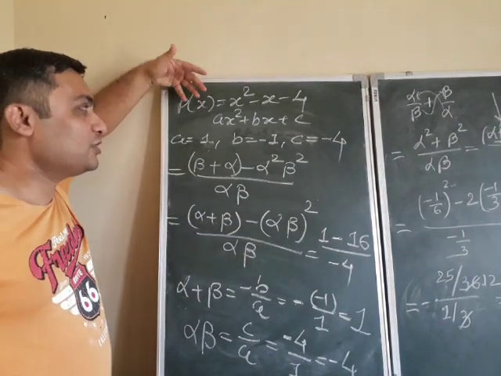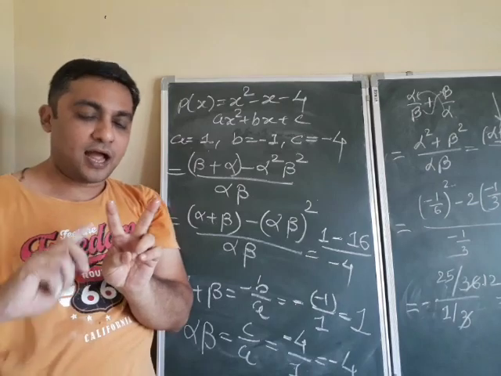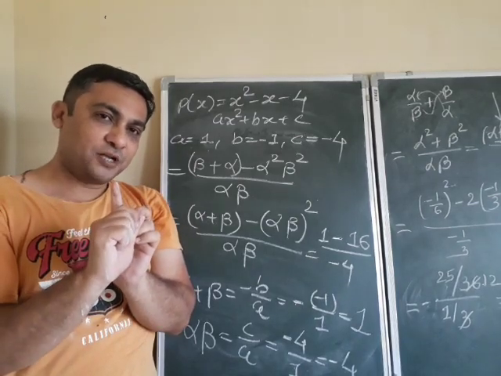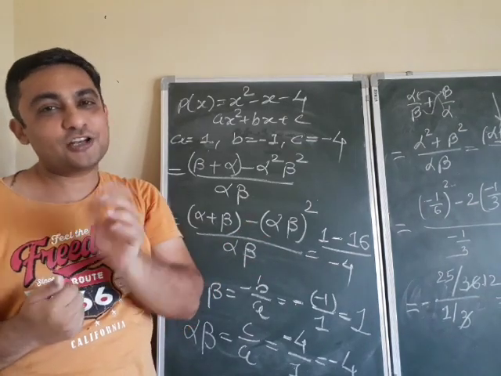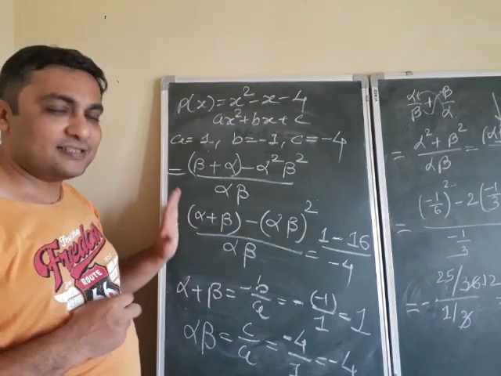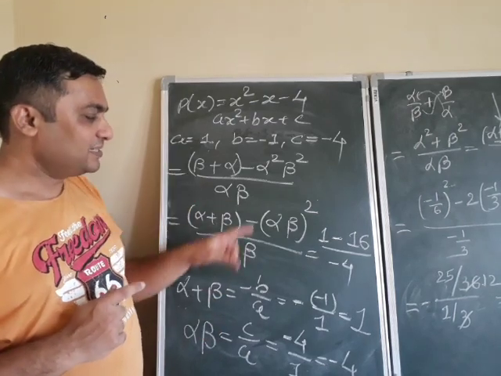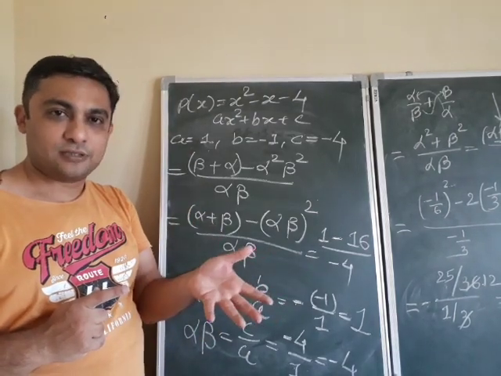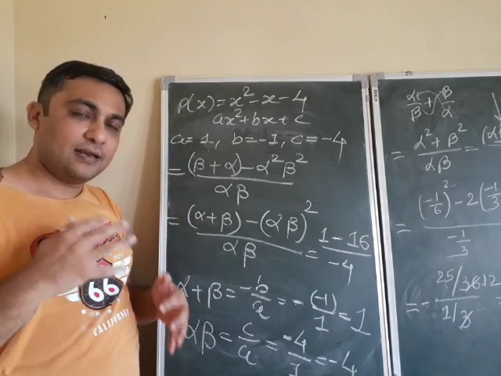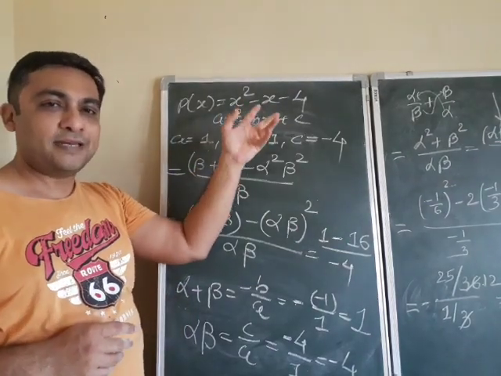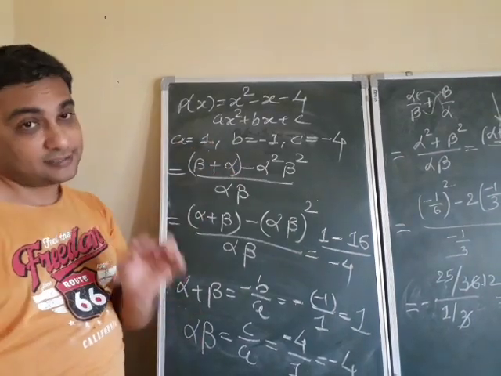Fine. You can also calculate these questions by first finding the zeros. So two methods are there. Either you find zeros or use alpha plus beta and alpha into beta. These are the two ways. It's your choice what you want. Generally this is the pure mathematical way, as we are learning polynomials. But these are also questions of quadratic equations itself. In case of quadratic equations, we go with these methods. Clear? As here we are learning polynomials, if you find zeros alpha, beta and then substitute values in their respective places, it would be fine. Clear?